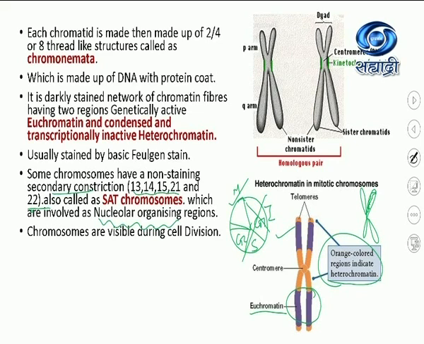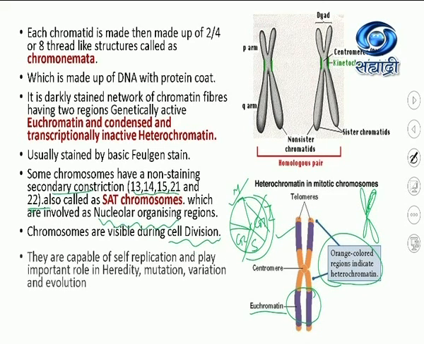You might have performed an experiment last year where you studied onion root tip cells and mitotic divisions, and you have seen the chromosomes. Always remember, students, chromosomes are visible only during cell division, that too in metaphase, anaphase and telophase. Especially very clearly visible in metaphase and anaphase. Otherwise, in prophase, they are in the form of a chromatin network, and in interphase, they are not visible.